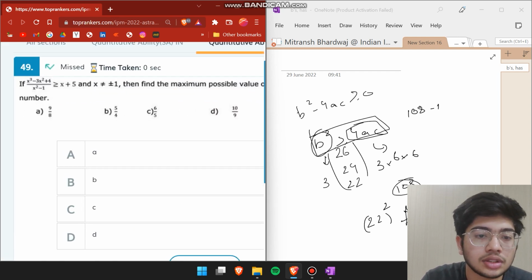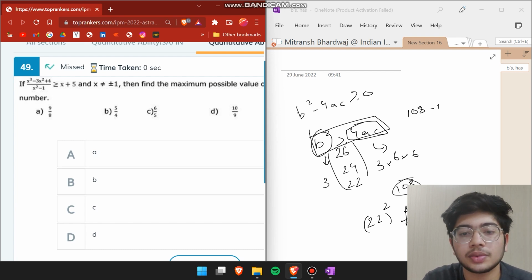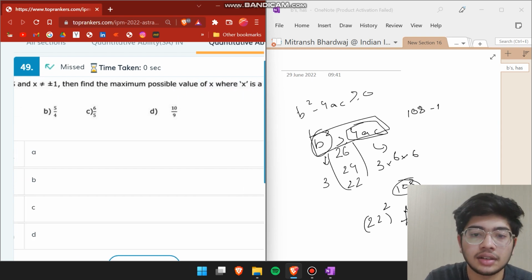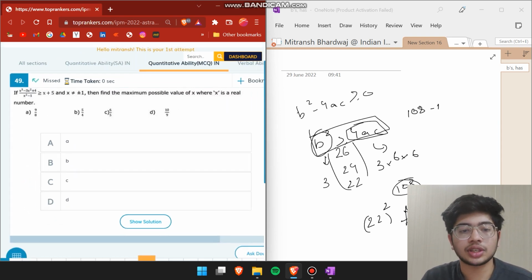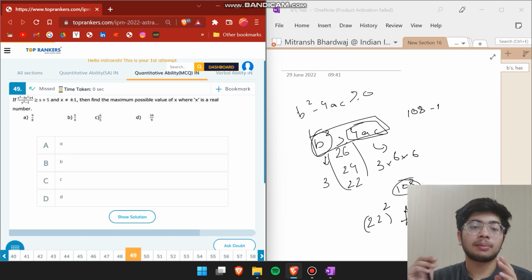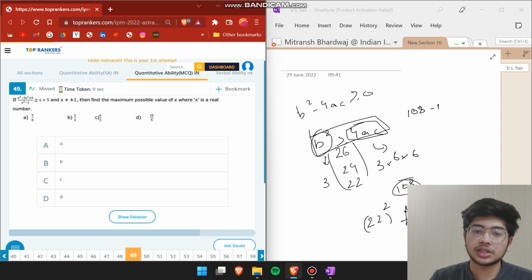नेक्स्ट क्वेश्चन की ओर चलते हैं। इफ (x³ − 3x² + 4)/(x² − 1) इज ग्रेटर देन x + 5, then find the maximum possible value of x where x is real, ठीक है। इस क्वेश्चन की अप्रोच क्या है? सिंपल अप्रोच है, आप x वाले सारे टर्म एक तरफ लेके जाएंगे, आप उनको एल्जेब्रिकली सॉल्व करेंगे और इसको एक मिनिमम एक्सप्रेशन में लाने की कोशिश करेंगे। जब वो इस मिनिमम एक्सप्रेशन में आ जाएगा, तब आप हमारा नंबर लाइन बना के उस पर कर्व बना के आप देख लेंगे कि क्या मैक्सिमम वैल्यू है, क्या मिनिमम वैल्यू है।